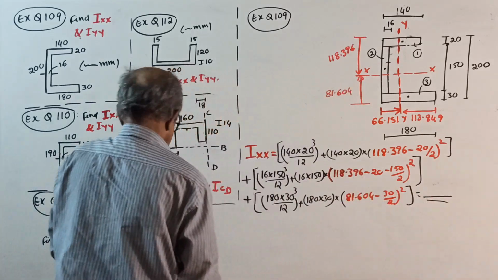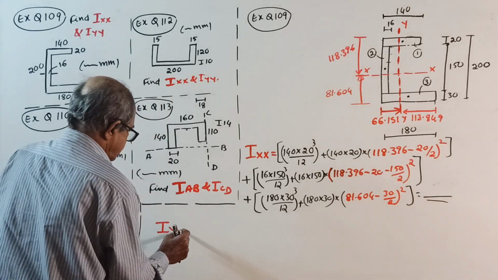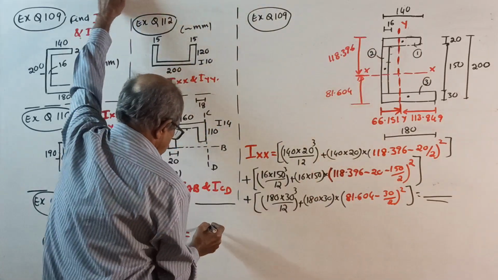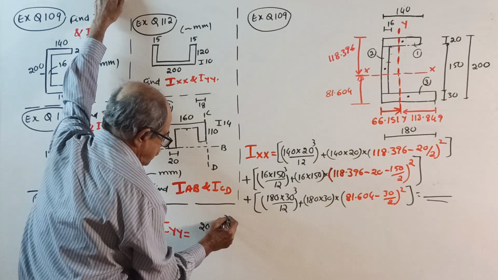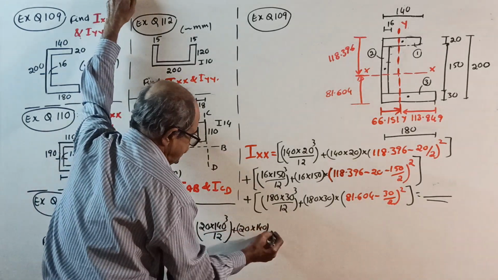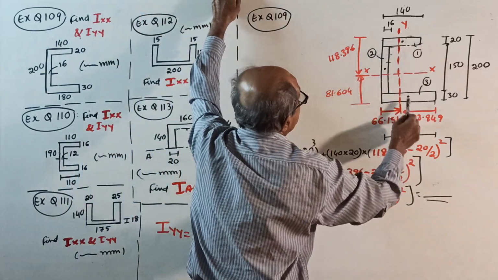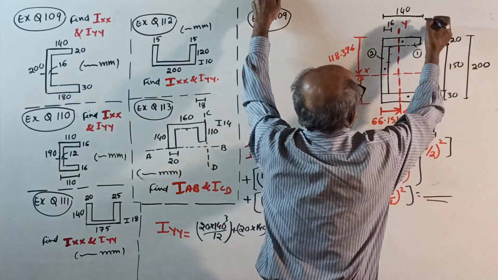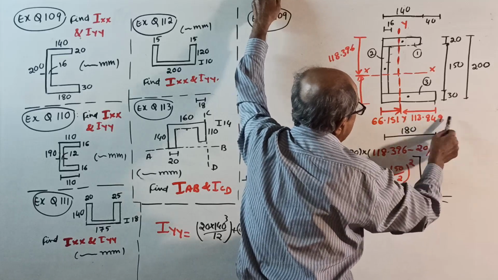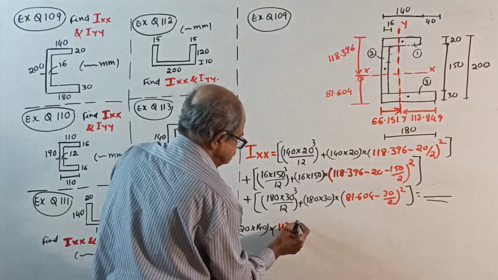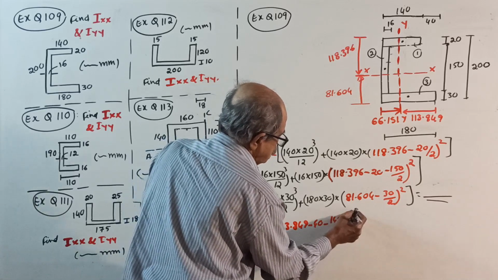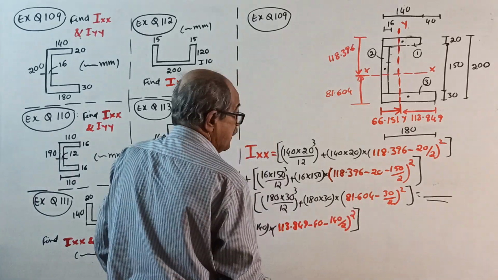Get the answer. Okay, I will start Iyy here. 20 into 140 cube by 12, Ig, plus area, 20 into 140 is the area, into, if I do from that side, 180, this is 140, this gap is 40, so 113.849 minus 40 minus 140 by 2 whole square. Why, you think, this was all explained earlier. Okay. Plus